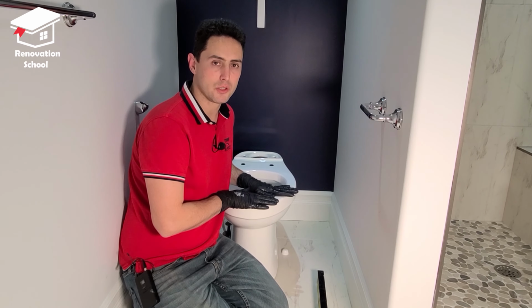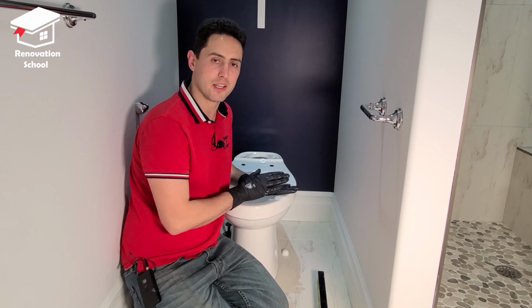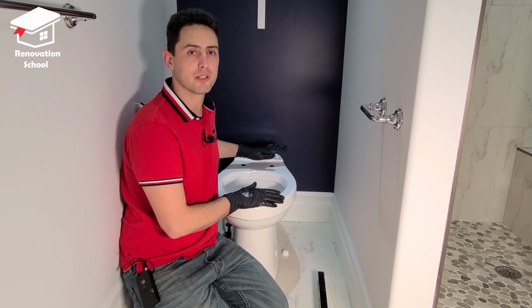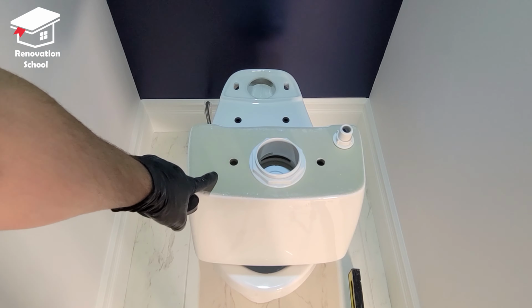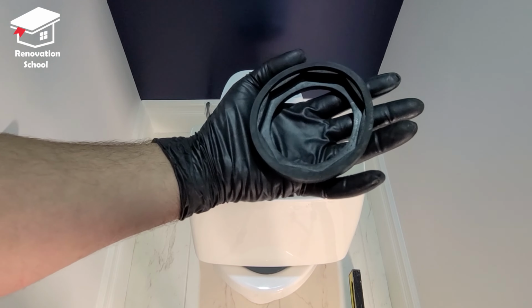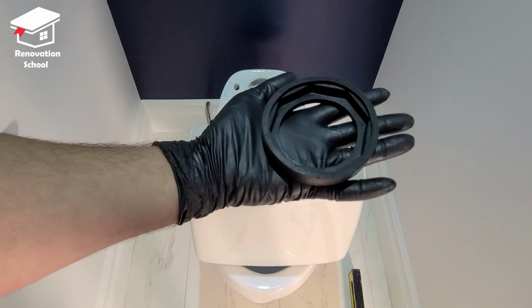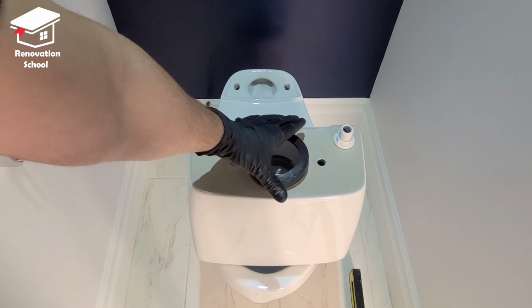So in my case, the toilet is sitting pretty nice and good. I'm ready to tighten up those bolts a little bit more just to be on the safe side. And then I'm going to mount the rest of the stuff on top of this toilet. This is the bottom of my toilet tank. It has a gasket like this. Yours might be slightly different, but this is how it looks. I'm just going to place it on there